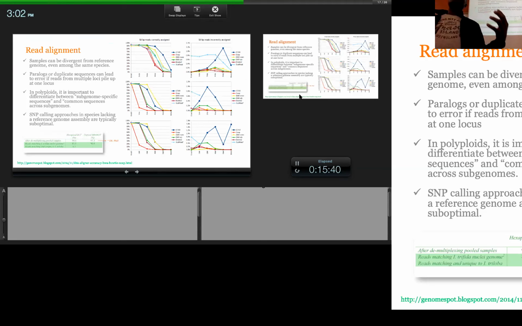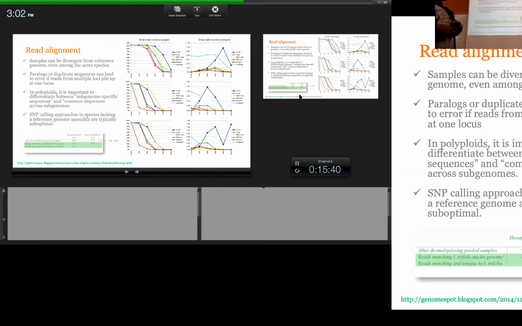But you can also have a lot of problems because what about if you have duplicate sequences coming from 2 regions of the genome? You might end up taking 2 groups of reads coming from 2 regions of the genome and mapping them to one single location, right? So what happens? You've just collapsed 2 different SNPs into one SNP. And that will lead to error, right? Because you're not going to get the accurate genotypic data. And 2, you're not going to place that SNP in the correct genomic location, or at least for the other copy,